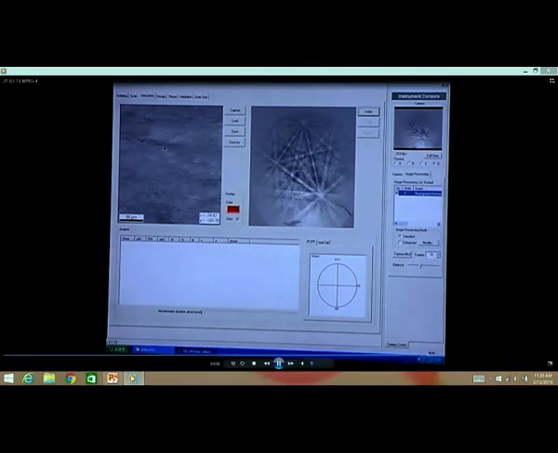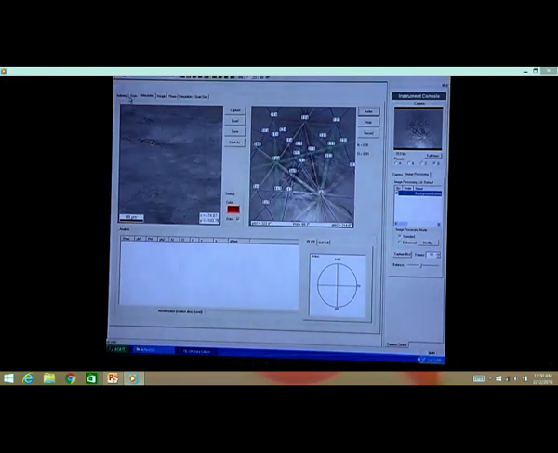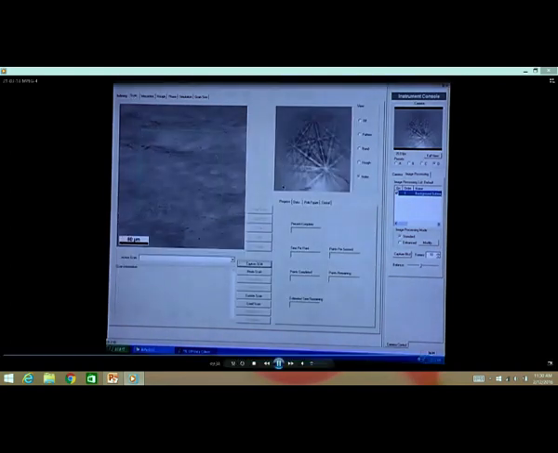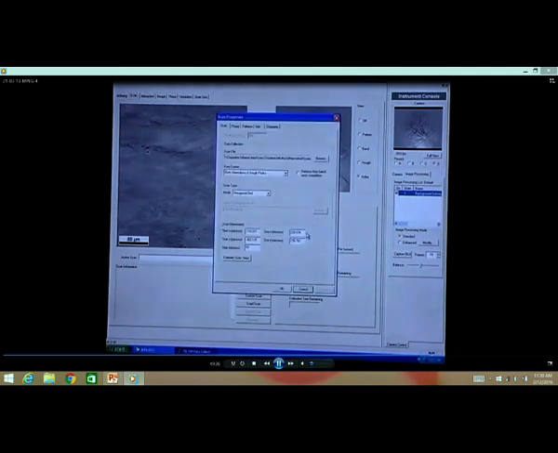So like that, now you can see that it is superimposed with the specimen data. Now you can identify some of the zone axes like this. At each point your probe will generate an EBSD pattern like this, and it will record the orientation data, and then you have to select the area in which you want to do this mapping.